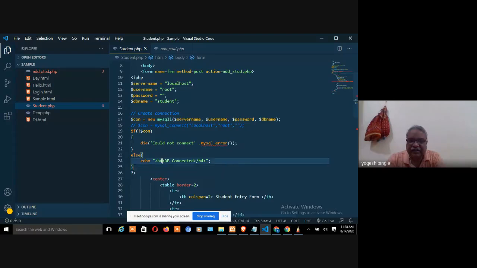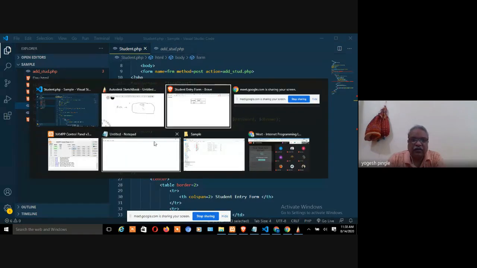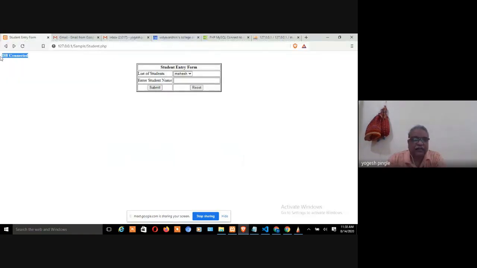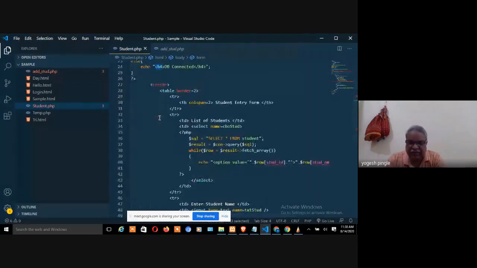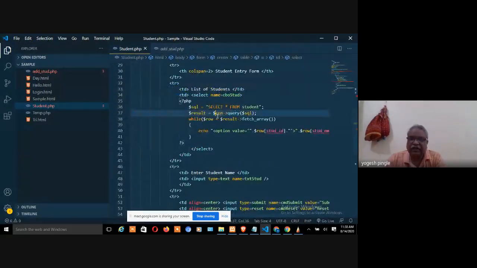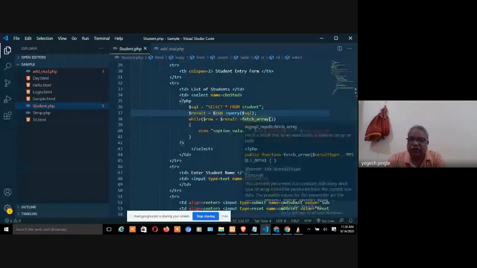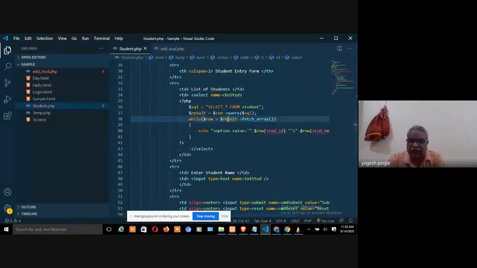And you can just see H4, you are embedding HTML with PHP, fine. And again look at the syntax. Again I am explaining: query result equal to $con. You are pointing to this query section. It is nothing but a cursor. Inside a cursor, whatever record you are fetching using this particular result, you are going to point it using the row, and this row you are going to put inside the option tag.